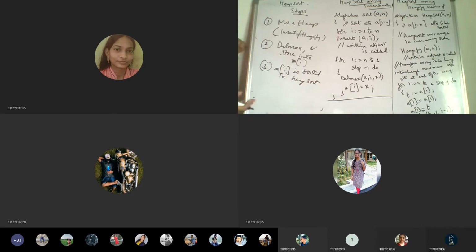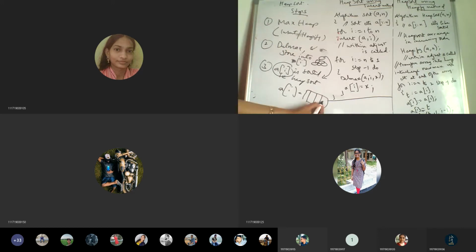If you remember these steps, you will follow whatever I tell you now. First consider the max heap. From the max heap, every time the max element will be deleted, and that deleted element will be stored into some array. Finally, this array is the collection of all deleted items.